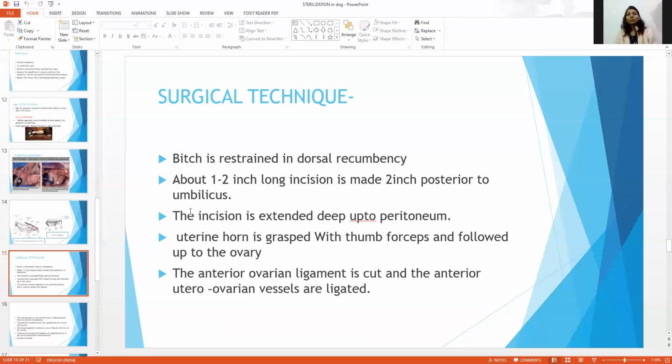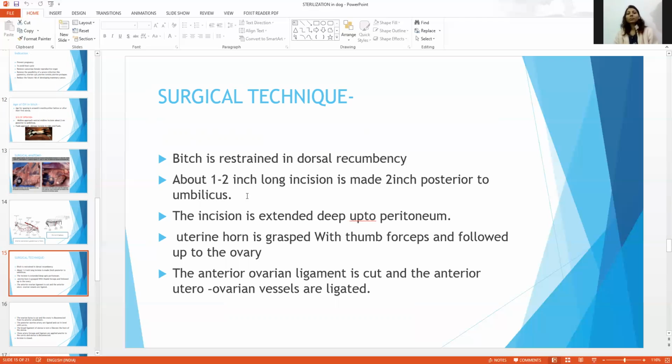Surgical technique. This is very important. Just restrain the animal in dorsal recumbency and make a long incision, as already discussed, 2 centimeter posterior to the umbilicus. The incision is extended up to the peritoneum by cutting muscles and then the peritoneum, and the uterine horn is easily grasped by thumb forceps, followed up to the ovary, and